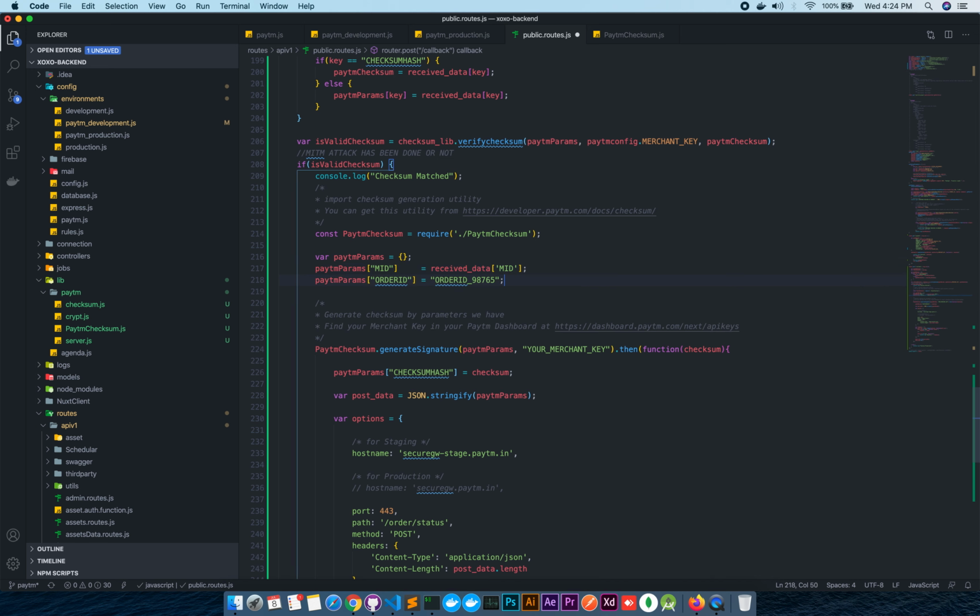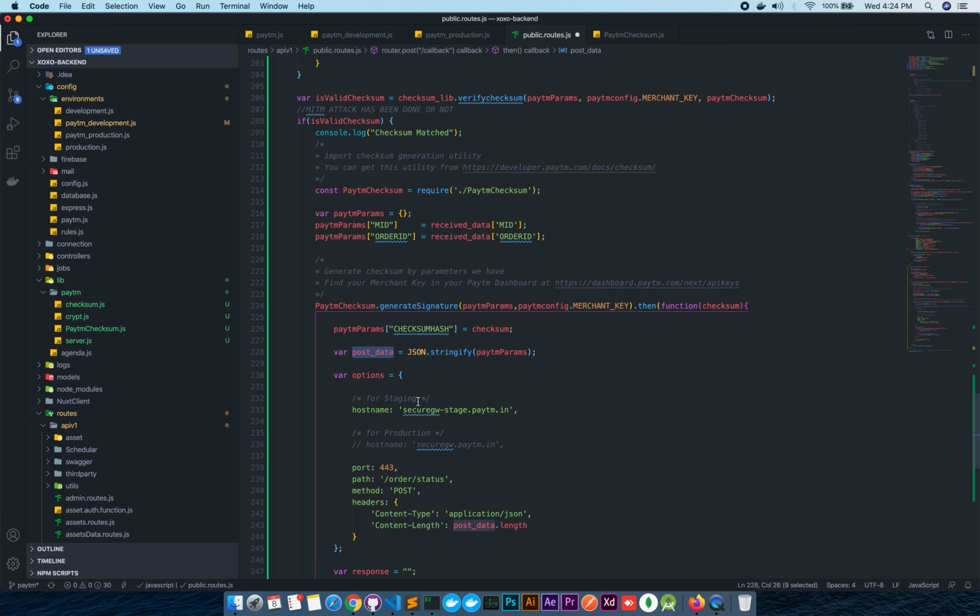I'm not going to provide it from the backend, just for development purposes. And then again provide your merchant key over here, and then the checksum, stringify checksum.